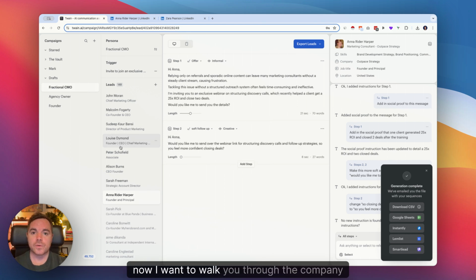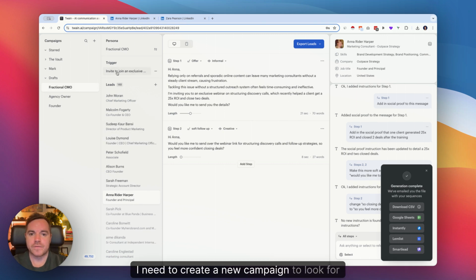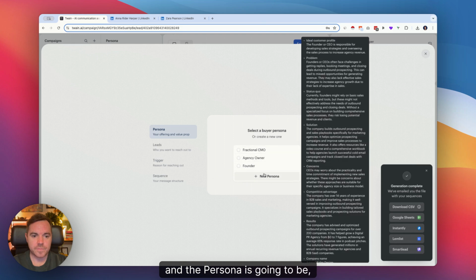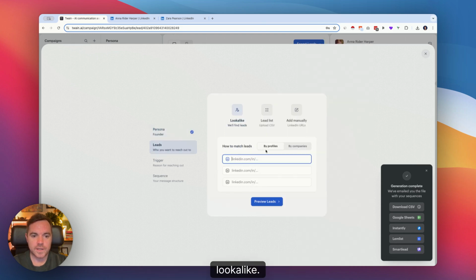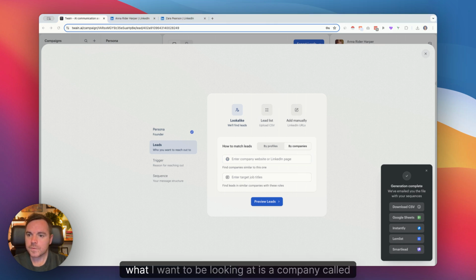Okay, now I want to walk you through the company lookalike. And for this case, because I've built a campaign already for fractional CMOs, I need to create a new campaign to look for lookalike companies. So I'm going to click on new campaign. And the persona is going to be, I'm just going to choose founder, continue, lookalike, and I'm going to choose by company. Now I can add in the company website or LinkedIn page and then also enter the target job title. So in this example, what I want to be looking at